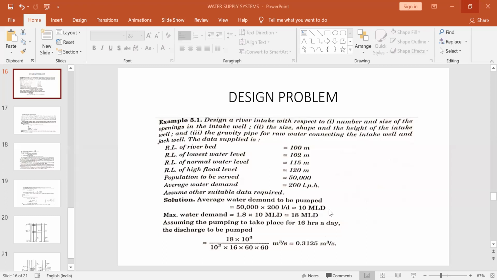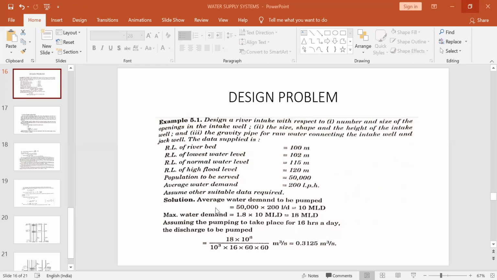Now this unit MLD is the unit of discharge. Remember this. For CS and IT students, civil engineering students are already well versed with the word discharge. You have learned this in fluid mechanics and hydraulics. And in physics also, you have known for pipes what is discharge. This is the volume of water entering or leaving any pipe or any conduit per second. So its unit will be meter cube per second. Volume per unit time is always discharge. So here we are converting this into discharge. So 10 million liters in one day.